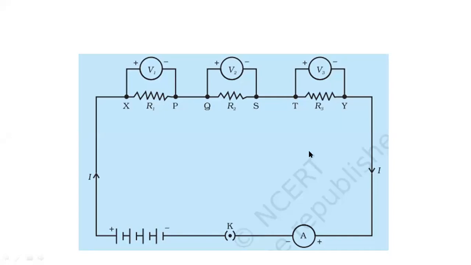Okay, so that is nothing but called series combination. So let us try to understand. R1 and R2 is already connected. What about R2 and R3? R2's end is connected to R3's start. So basically that means it is again a series combination. So what we are going to do now is derive a formula based on this.